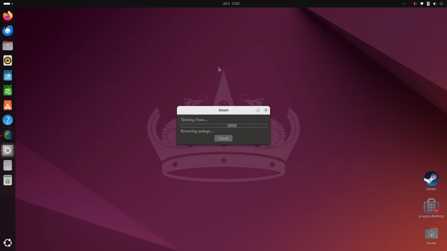So it does work. Is it a viable desktop operating system? Is it a viable desktop PC? If you've got a Raspberry Pi 5 and you've got the case and everything, then yes, you can use it as a desktop PC. Would I go out and buy a Raspberry Pi 5 to dedicate it as a desktop PC? I'm not sure about that, because there are other devices out there of a similar price range that would